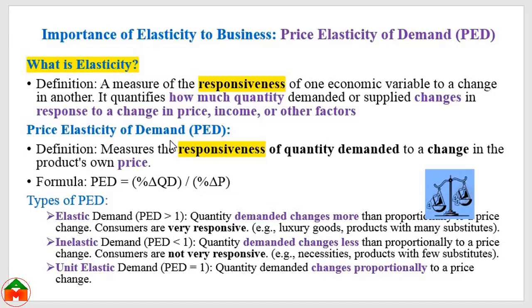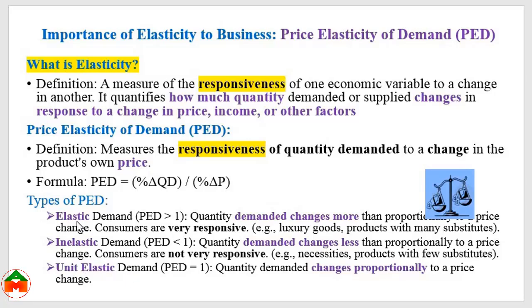As for example, now we are going to discuss the price elasticity of demand. The price elasticity of demand indicates the responsiveness of the quantity demanded to the change in the price. The formula to calculate the price elasticity of demand is percentage change in the quantity demanded divided by the percentage change in the price. So there are three types of price elasticity of demand: elastic demand, inelastic demand, and unit